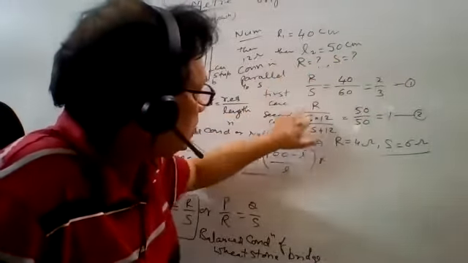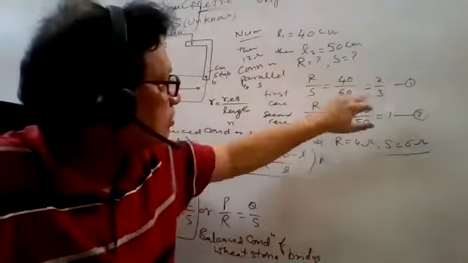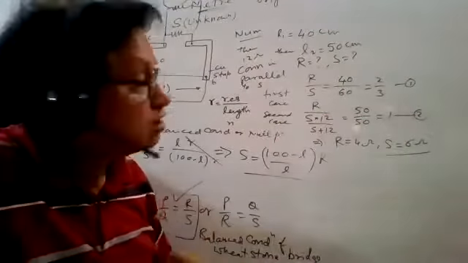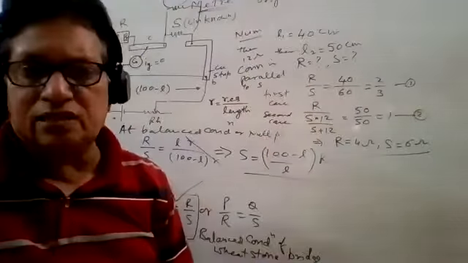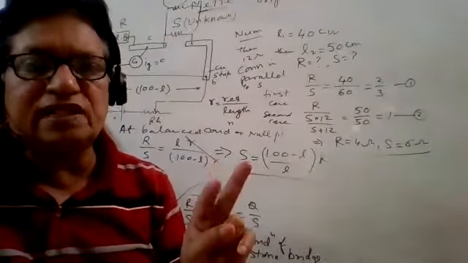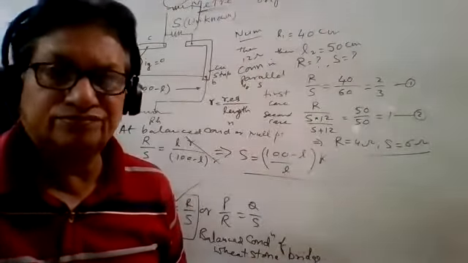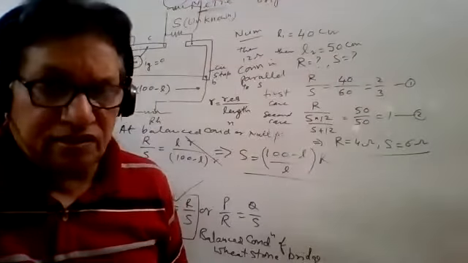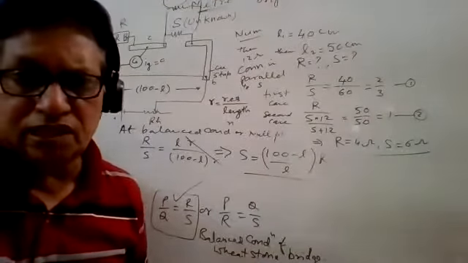R upon this is this, just solve. Either you divide equation 1 by 2 and you can get S, or you put the value of R equal to 2S upon 3, put it here, and you can get S and R. Simple. After writing these two equations 1 and 2, anybody can solve it easily. Even then, if any doubt is there, just tell me, otherwise we'll solve another problem.